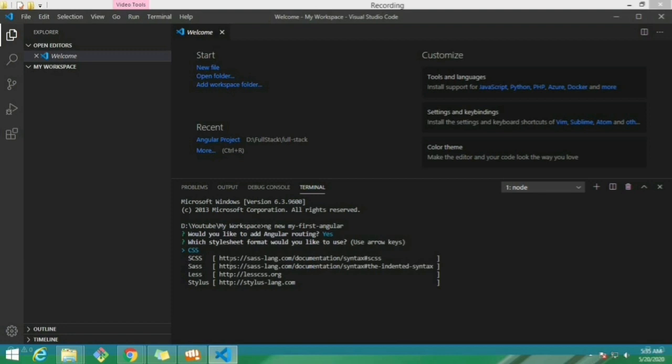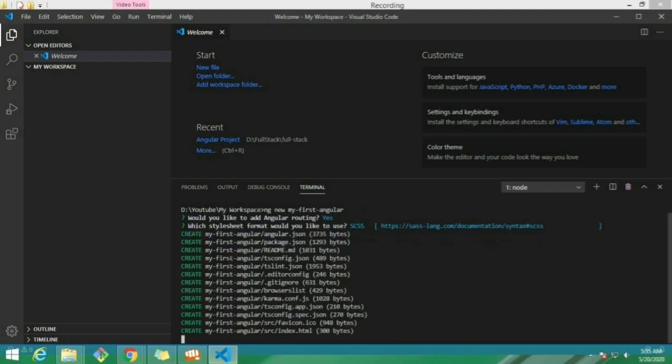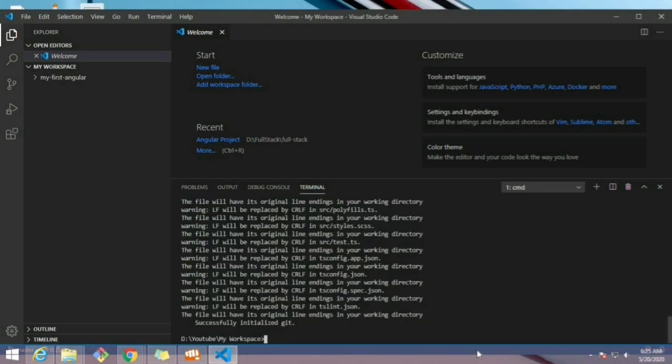There is the CSS style, and I prefer SCSS, but you can also select CSS. After selecting this, it will download some files from the internet and create the project. You can see it's completed successfully, and I will move to that folder.